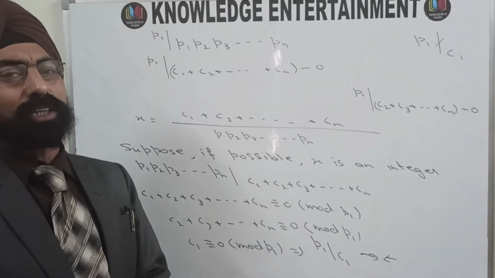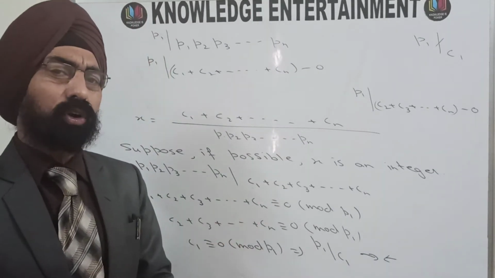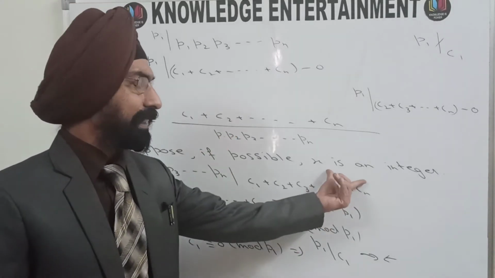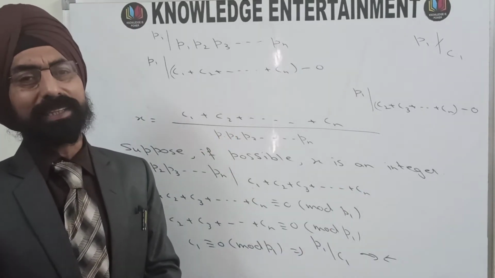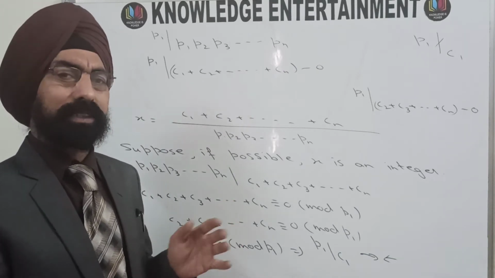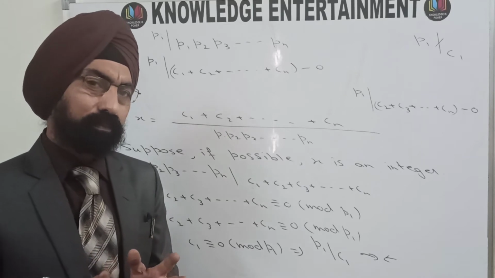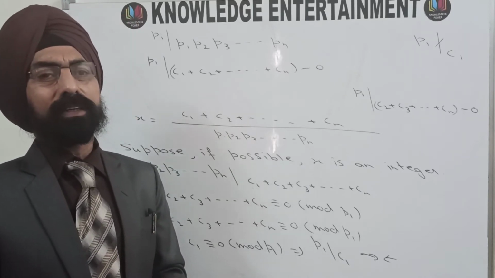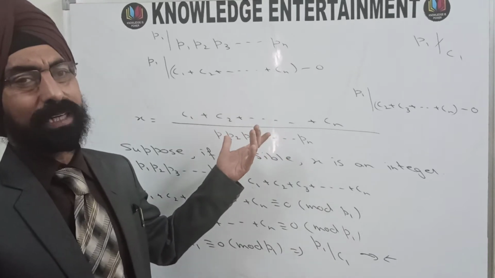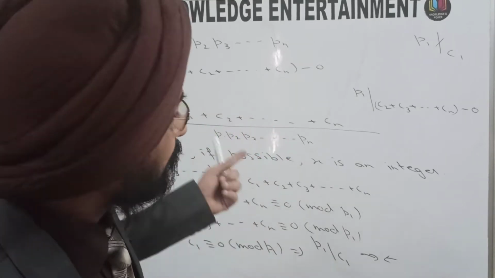And why is this contradiction there? Because our supposition was wrong. And what was the supposition? We supposed that x is an integer. That means x cannot be an integer. What was x? x was the sum of the reciprocals of the given primes. So that means the sum of the reciprocals of any number of primes in increasing order cannot be an integer. So this was the first question